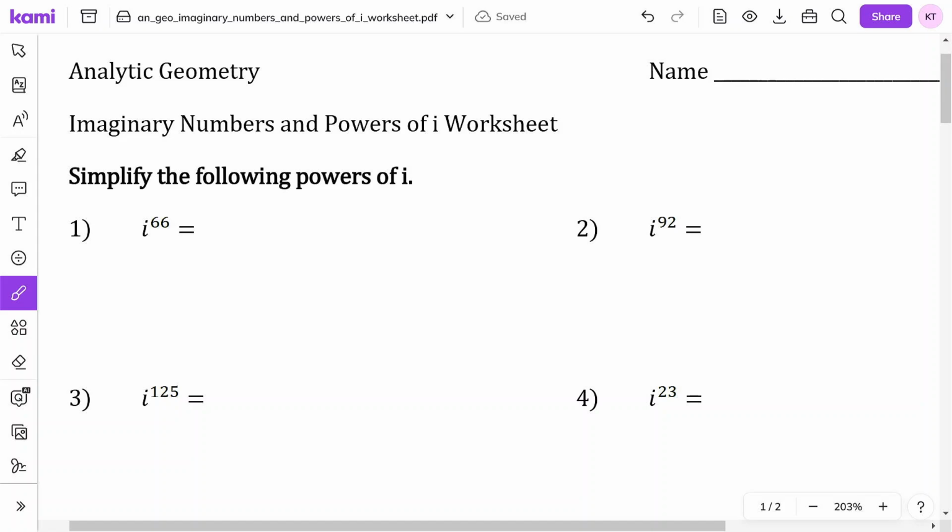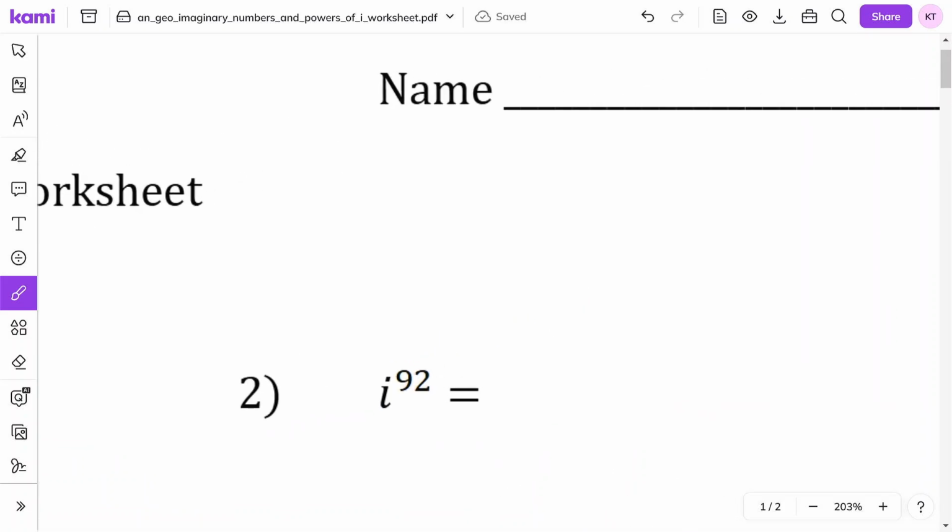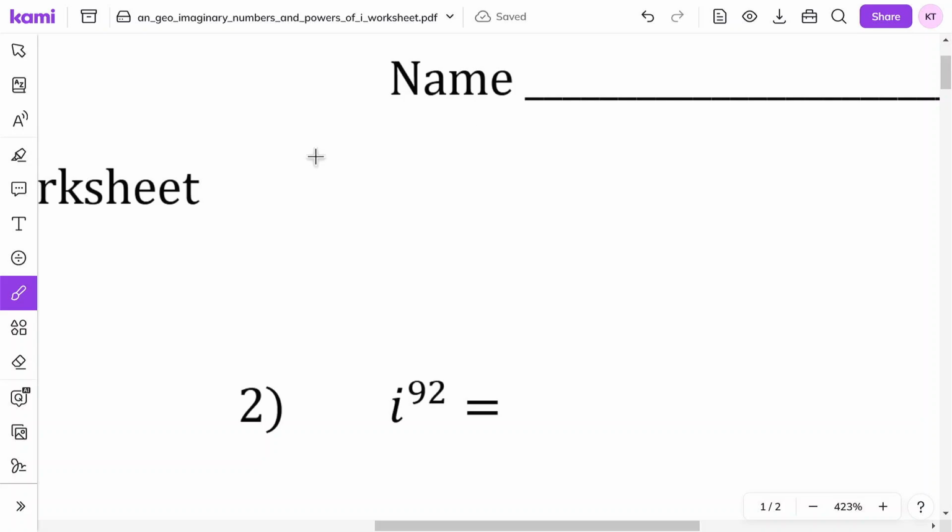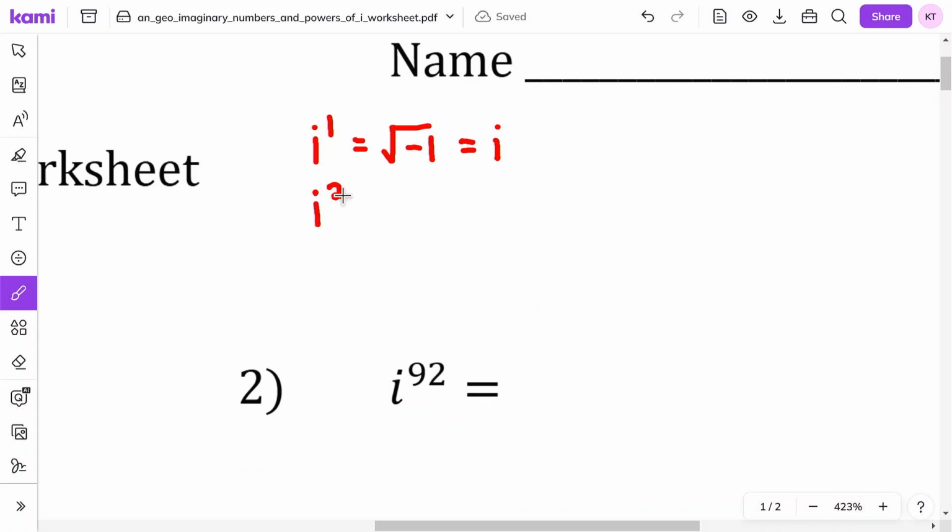All right, so in this video, we're going to talk about powers of i. Based off of previous classes, we should know that i to the power of 1 is equal to the square root of -1, which is just the same thing as i. If I square this, i squared is the same thing as the square root of -1 squared. If I square a square root, the square root and the square cancel each other out, so I'm just going to be left with